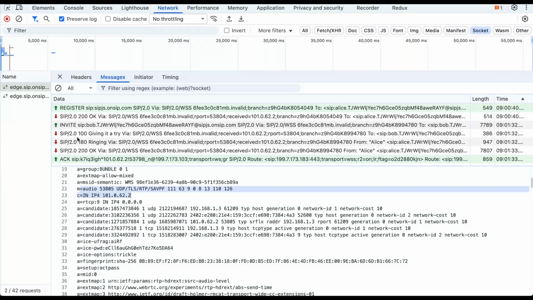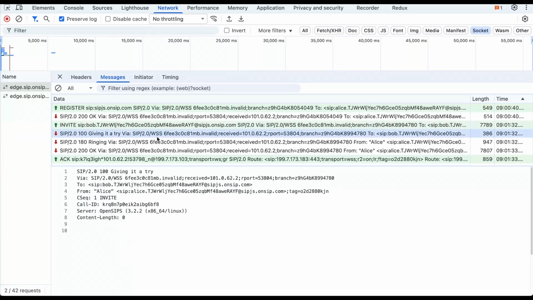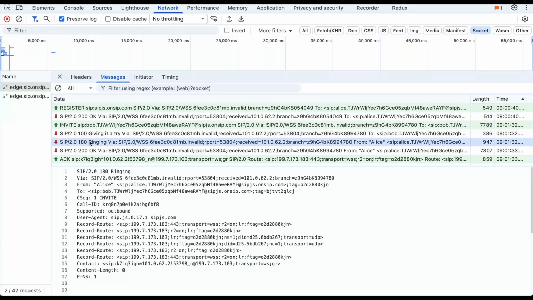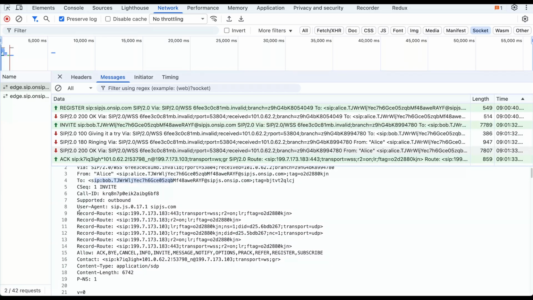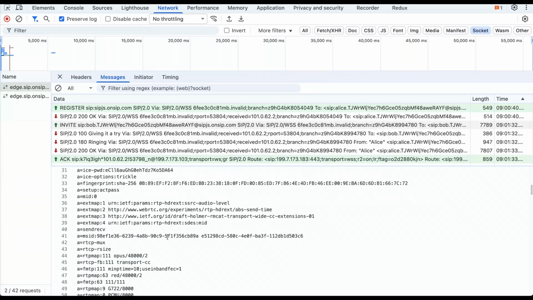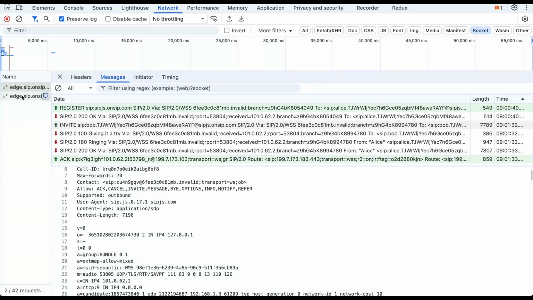Here you can see the responses coming from the SIP server, like 100 Trying, and 180 Ringing, and then finally you get 200 OK, which you actually receive from the other end, from Bob. You can see all those SIP headers, like Record-Route, that it follows. All that information you can see. Similarly, here we are sending the invite request, so from the Bob side you'll be seeing